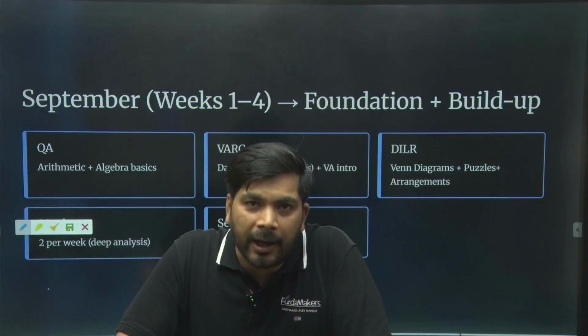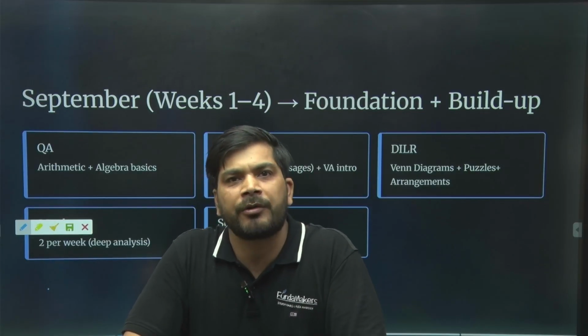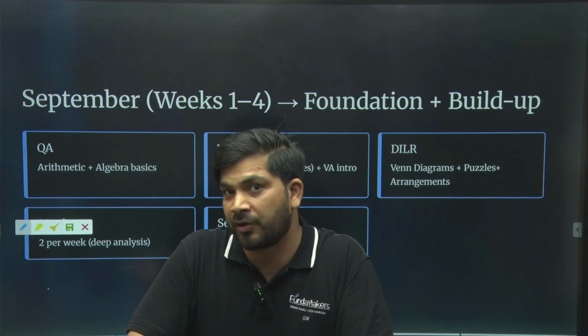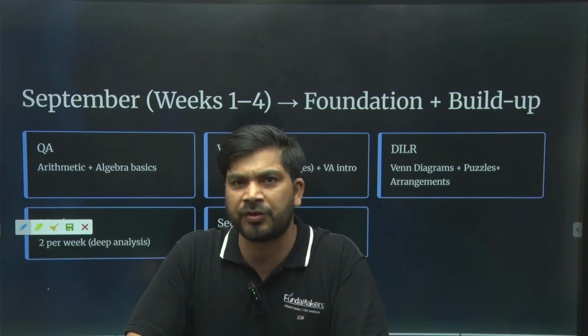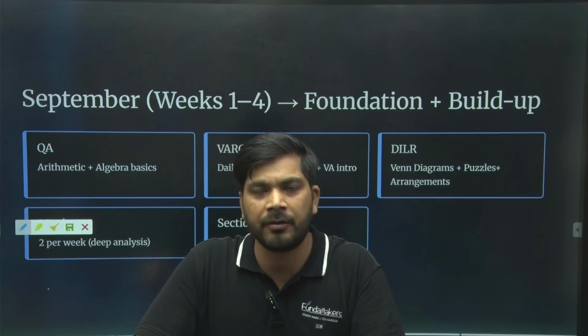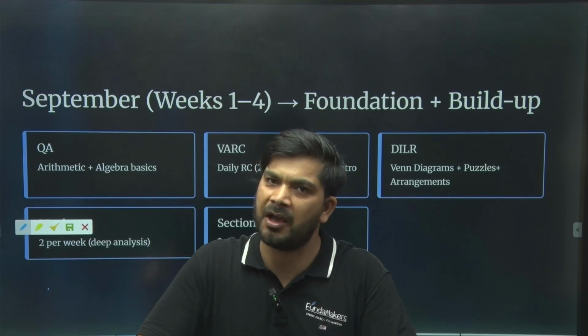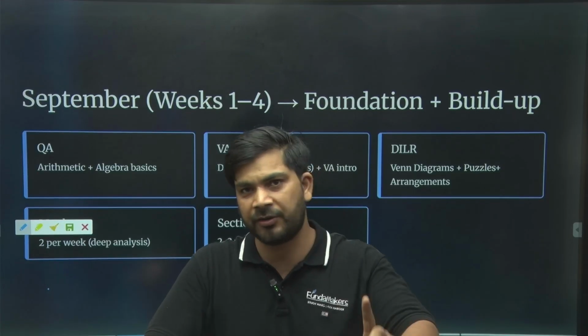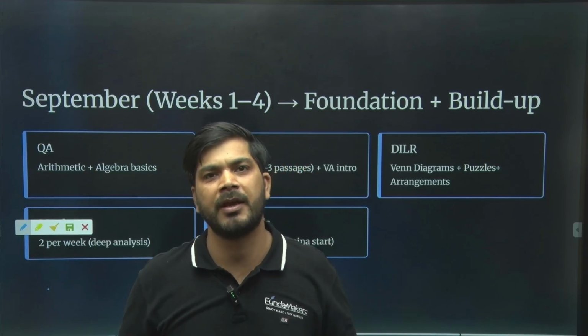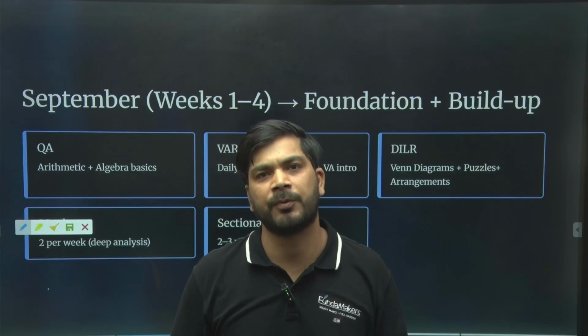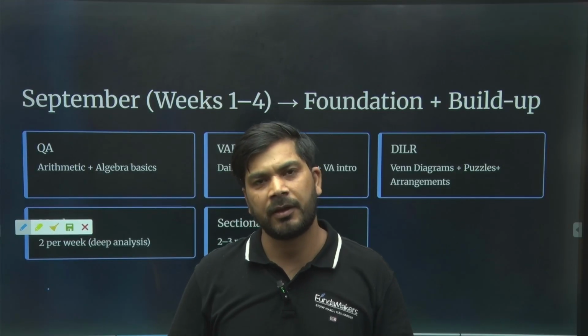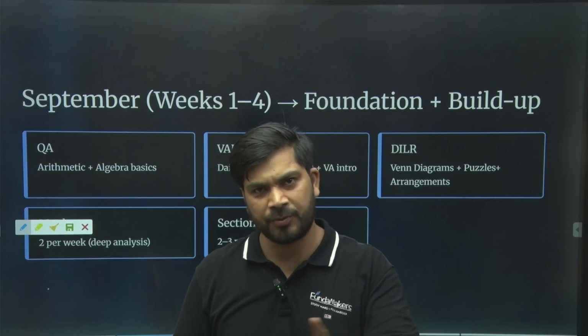If at all you want to crack CAT, ensure that you are ready to give 8 to 10 hours every day if you're starting right now. 6 to 7 hours of quants practice every day, a couple of hours of VARC and another couple of hours of DILR practice every day. Quants, I told you: in the next 1 month, make sure that you are solving 50 basic questions per chapter and 50 past year questions. That should be your modus operandi.